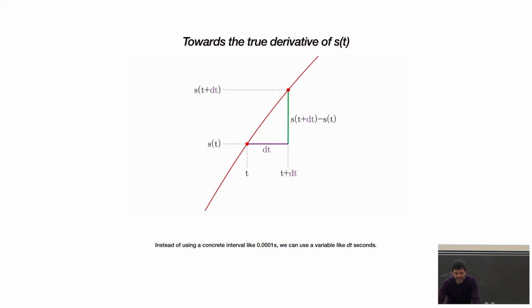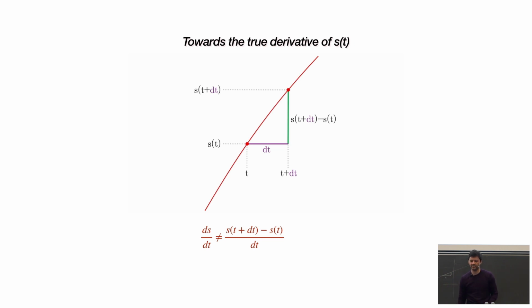Okay? And now we have two values of time, t and t plus dt. And then you have the corresponding change in distance, which is s of t for the first point, and s of t plus dt for the second point. Yeah? And to compute the speed around the point t, we just need to divide the change of distance, which is this green line, with the purple line. Yeah? S of t plus dt minus s of t divided by dt. Yeah? Divide with this quantity, which is virtual. And this almost allows us to compute the best approximation of the speed. But we are not there yet. This formula is not correct.